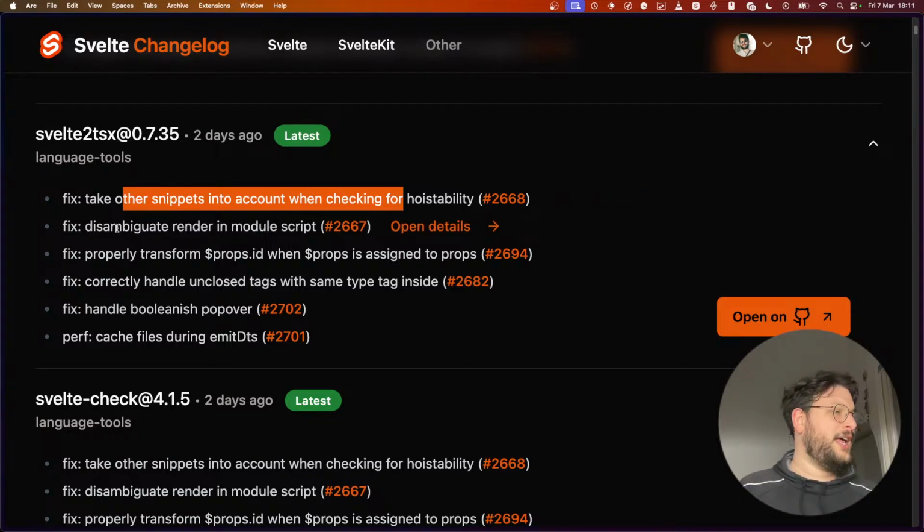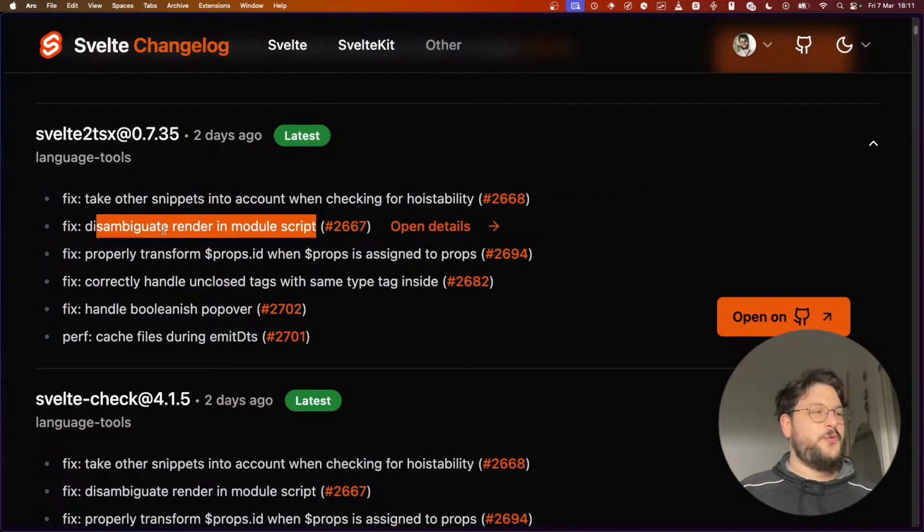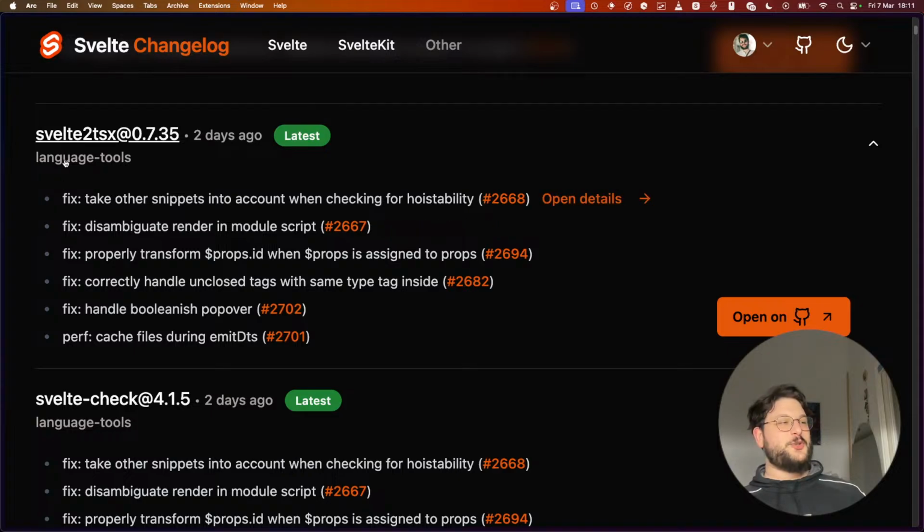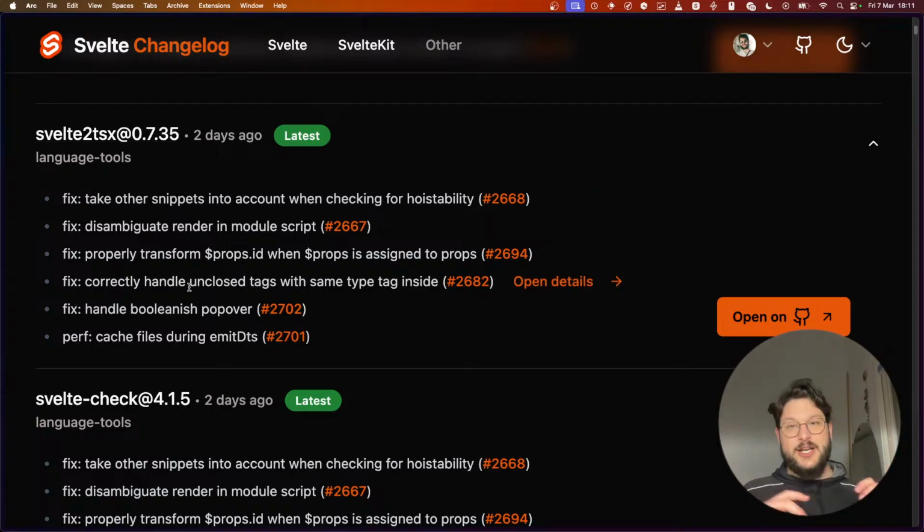Disambiguate render in module script. So this was also pretty fun. Basically, when we create this, we create a render function that then TypeScript type checks. So this meant that for the longest time, if you tried to import or to create a function inside the module script that was called render, it would show an error saying, hey, you are